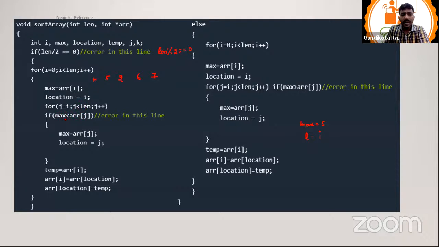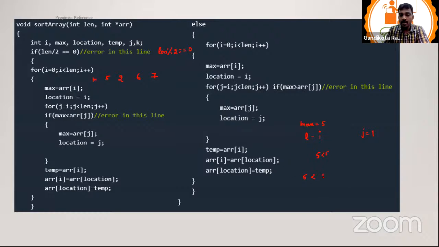So here, what are we doing? Max less than I, meaning 5 less than I. The condition is false, right? I is at the same place, the same. So 5 less than 5, the condition is false. So it comes to here. Next, the j value goes to 1. So for 1, what happened? The max value is 5, but less than